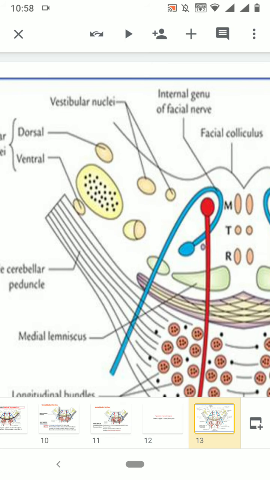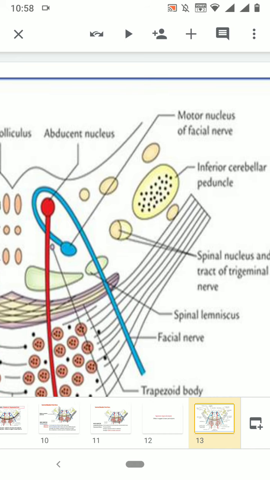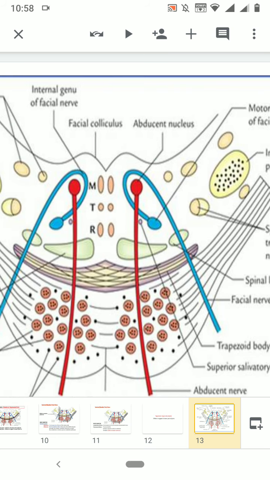Now you can see laterally we also have the superior cerebellar peduncle, and a part of the inferior cerebellar peduncle is seen. But just below that you can see the transverse fibers, which are very important, a continuation of the basilar part of the pons laterally as the middle cerebellar peduncle, which we are not talking about at this moment.